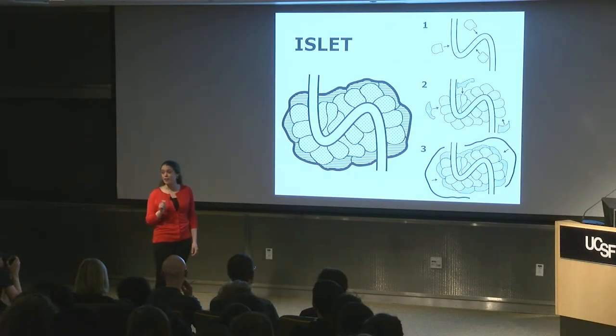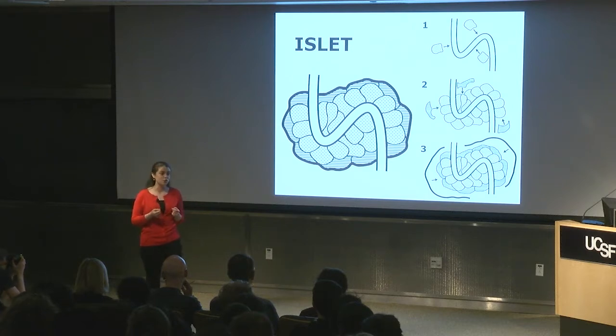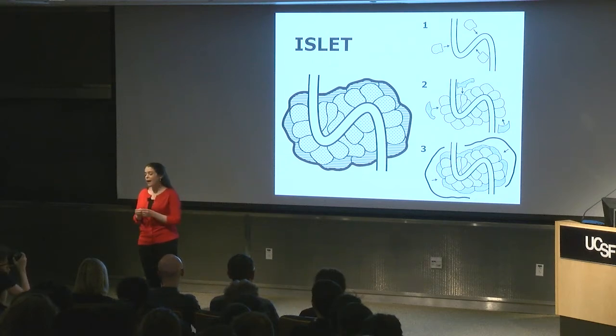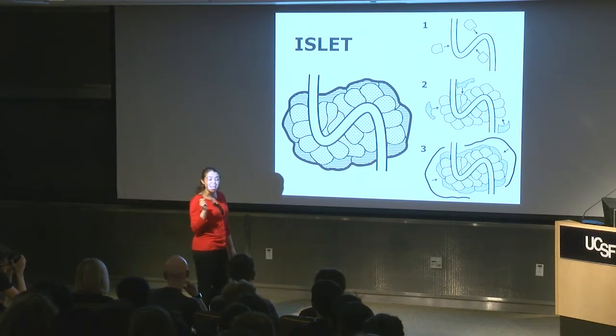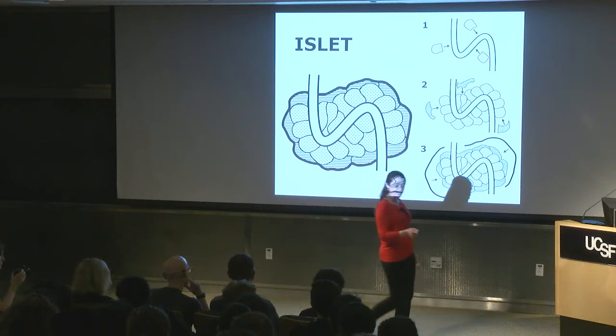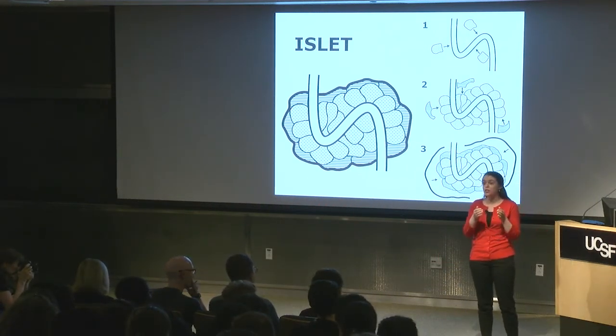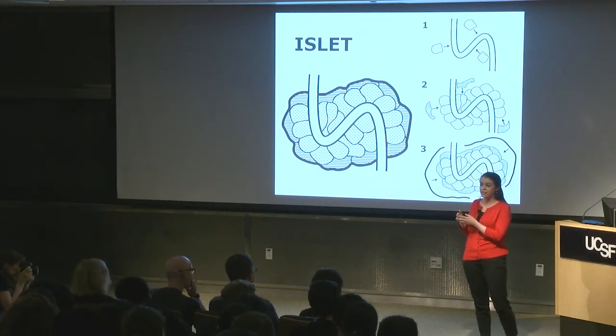First, I'm drawing a diagram of how the pieces of the tissue should fit together. And I'm doing this based on high-resolution 3D images of healthy islet tissue, in which I am going in and measuring areas of contact between adjacent cells and between cells and blood vessels. And there was no way to do this when I started the project, so I had to invent one. Second, I'm learning the step-by-step instructions that cells use themselves naturally during development to assemble themselves into islet tissue.